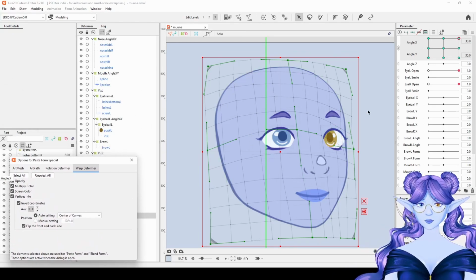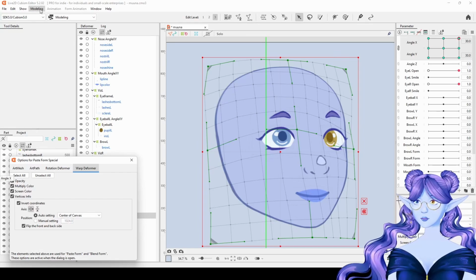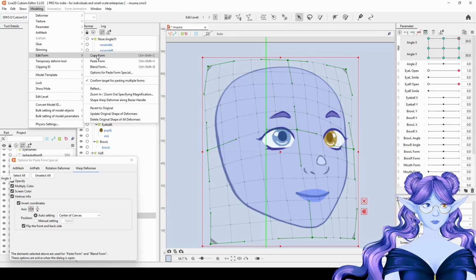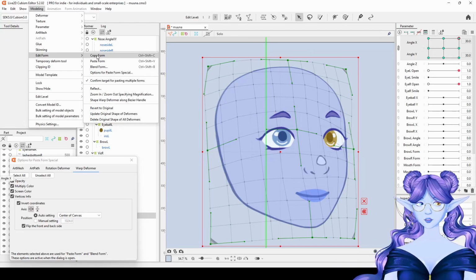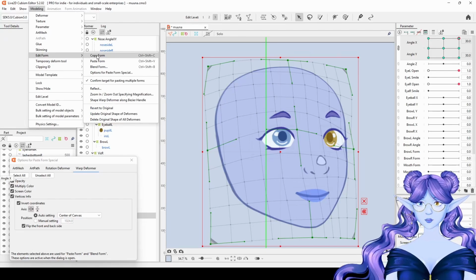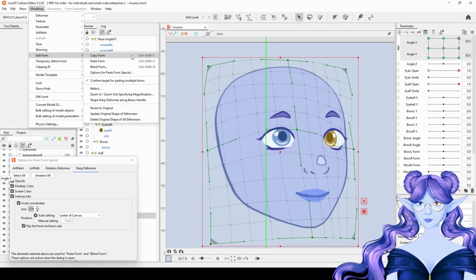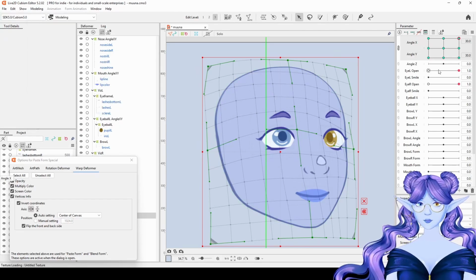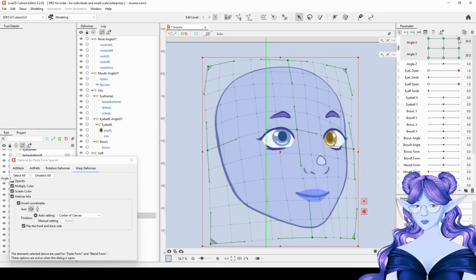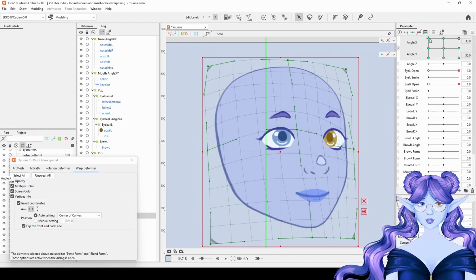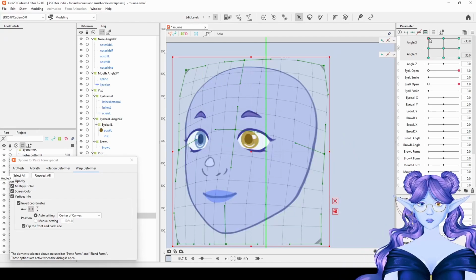There's two ways to do this. One, you can go the hard way into modeling, edit form, and copy form, or you can use a shortcut, which I believe defaults to Control-Shift-C. If you have a different shortcut set for this, if you don't know it, it should be next to copy form in this menu. It should show what the shortcut is. I'm going to do it using my keyboard. So I'm going to Control-Shift-C this form,